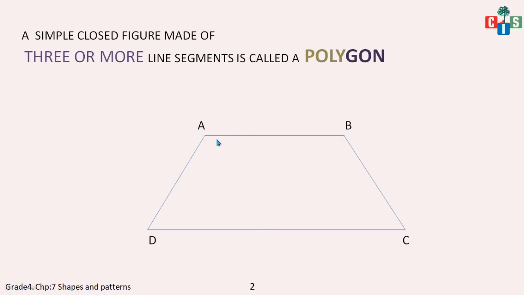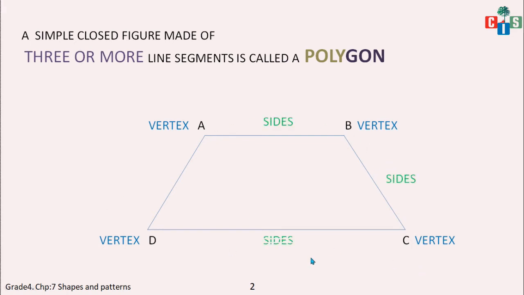And this A is a corner wherein 2 line segments are meeting. What is A? A is a corner. So what will we call a corner? Vertex. This is vertex A or corner A, vertex B, vertex C and vertex D. The corners. Fine. And these are the sides. This you know. Side AB, side BC, CD and AD. These are the sides and these are the vertices. Okay, now moving on to a detailed study of polygon. Now poly means many and gon means angle.